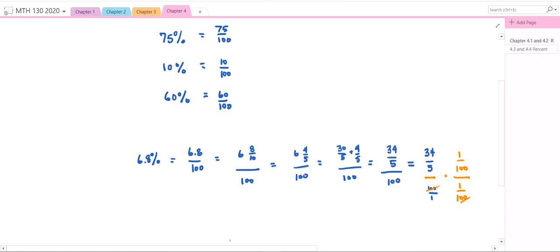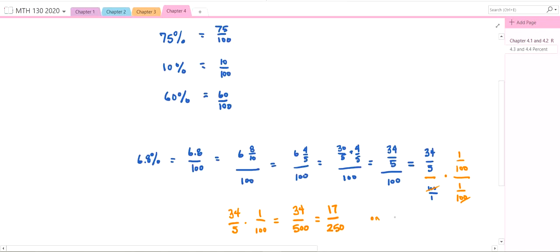So this would cancel out, and we end up with 34 over 5 times 1 over 100, which equals 34 over 500. We can reduce that further by dividing top and bottom by 2, and we end up with 17 over 250. So 6.8% is like 17 over 250,